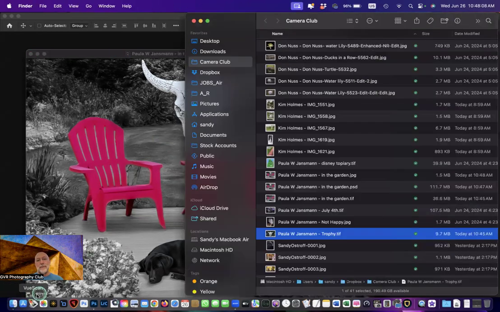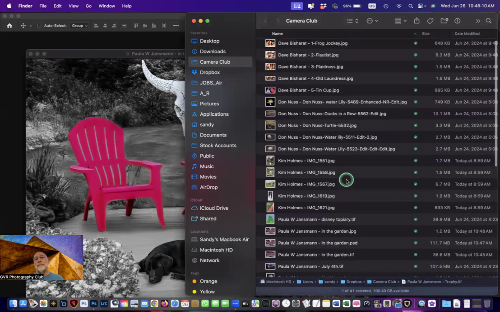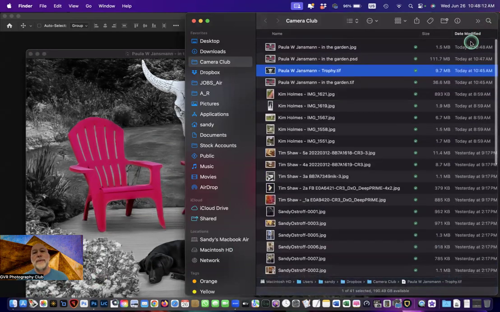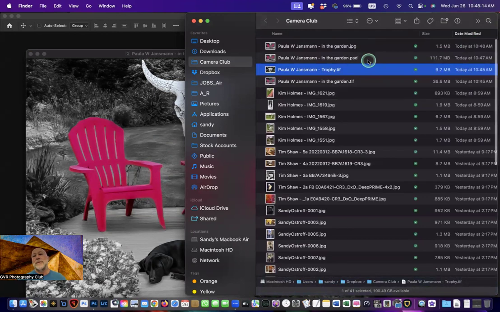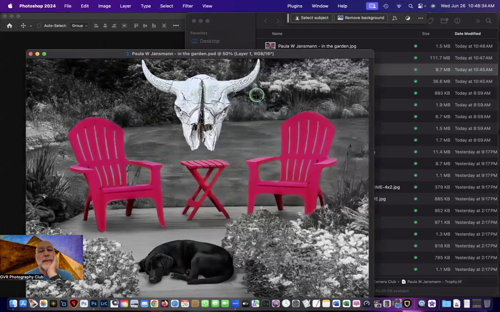So now when we go back here, let's look at date modified. Here are the two images, so you can see it's quite a difference in size. You could save it at maximum, 12 on the JPEG, and it'll go up a little bit, but it'll be considerably smaller than this. Now the trick here is when you go to close it,